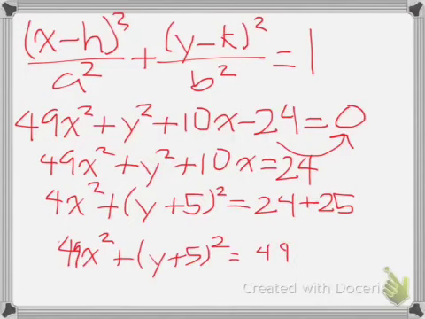So to get 1 on the 49 side, you divide both sides by 49, which leaves you with x squared plus quantity y plus 5 squared over 49